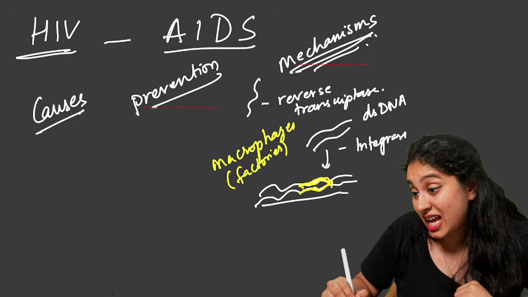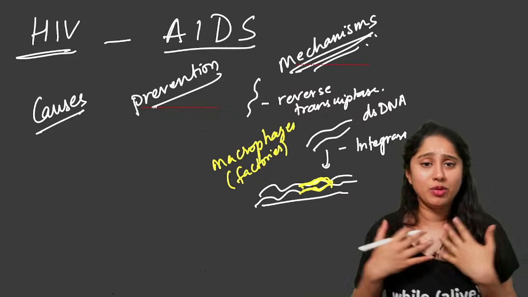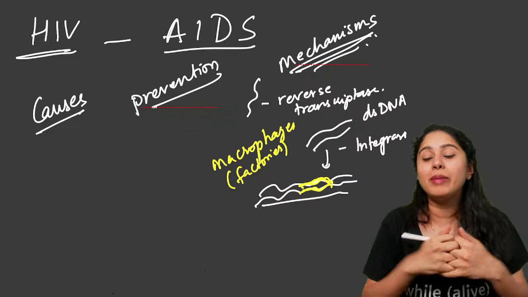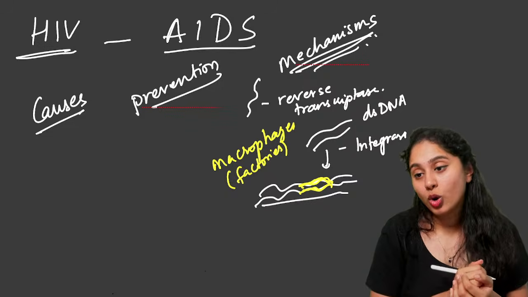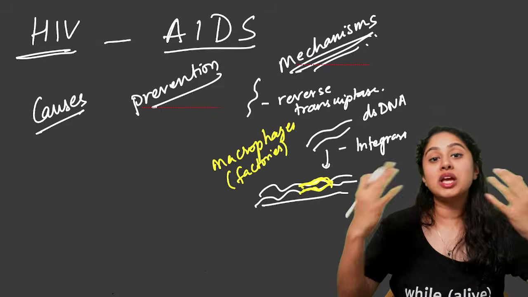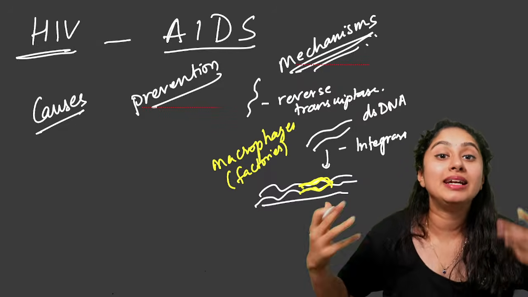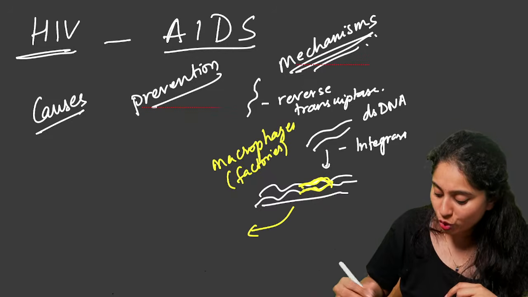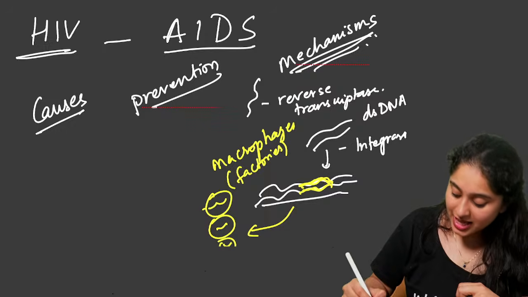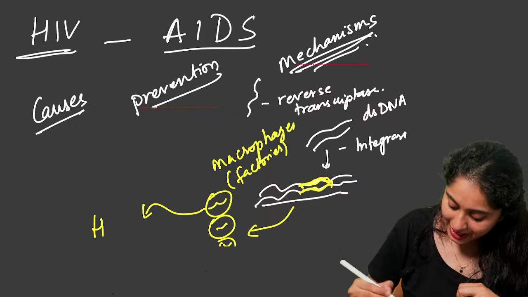I'm not a snake. I'm not going to betray you. Come on, I am your brother. I'm your sister. I'm your friend, like that. It will come and integrate inside the host, and this macrophage, poor fellow, will give place, and the HIV will start multiplying multifold, and it will make new HIV particles from there. Now these guys will go to the T helper cells.